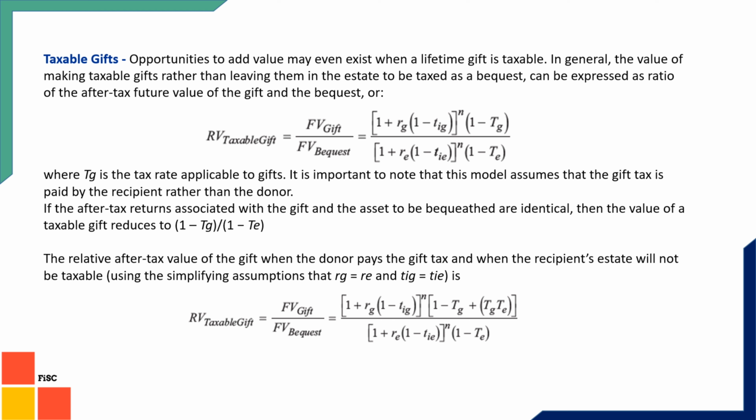And the third case: the second case was when the receiver is paying the taxes. In the third case, if the donor is paying the taxes, in the same formula, since he is paying the taxes now, there will be a benefit he will get when he has to pay the estate tax, because at that time the amount would be less, and that's why that factor is included here as TG into TE. And that's why you will see that when a donor pays the tax, the relative value is higher than when a receiver pays the tax. So these three formulas are very important in this LOS.